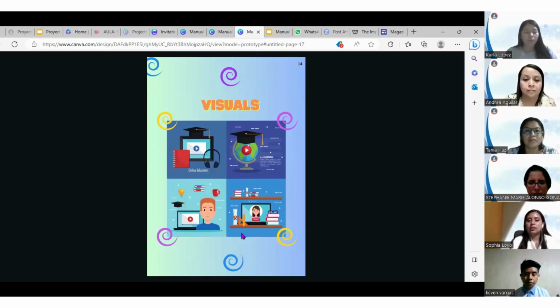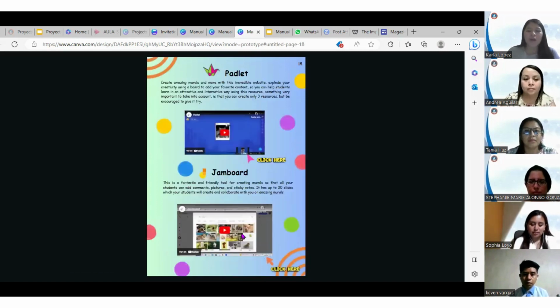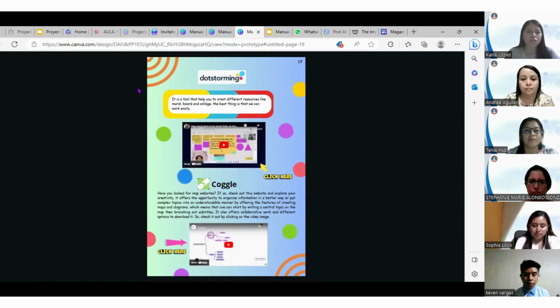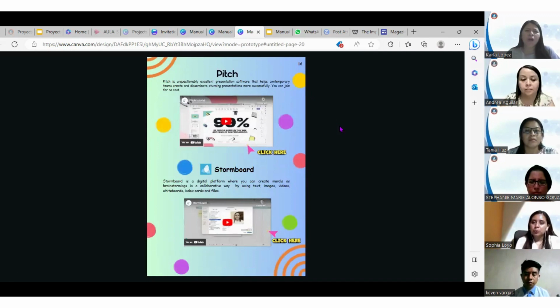First of all, I want to share with you that students can improve their vocabulary and also learn autonomy by doing murals. I'm going to share with you some webs that you can apply, that are easy to use, like Padlet and Jamboard. Let's continue with brainstorming and Kaggle. These are very easy to use, so you can work with your students on whatever you want to do, and also like Pictostoryboard.